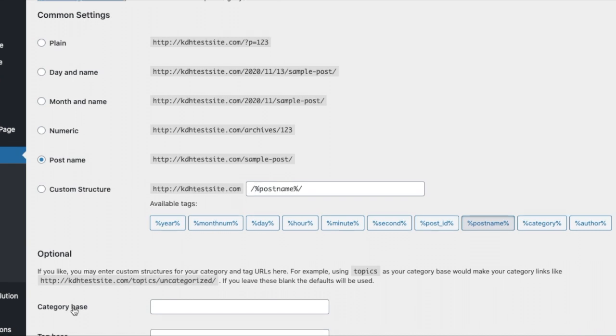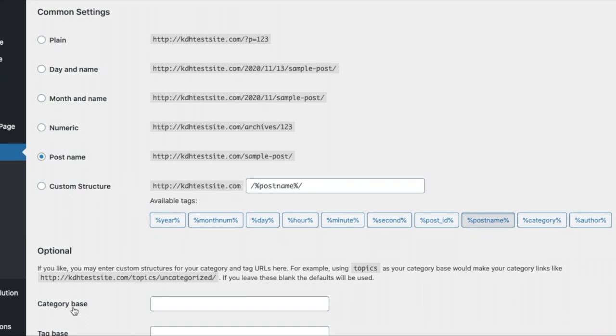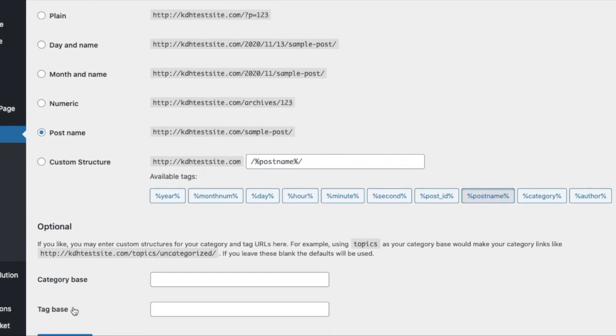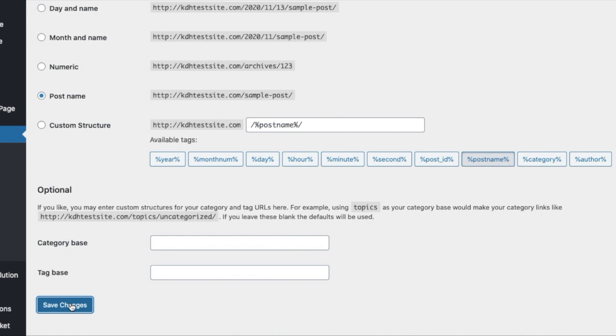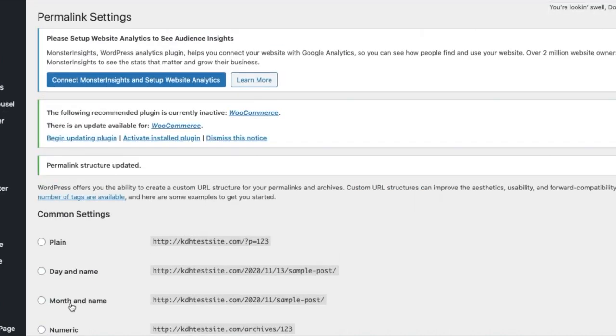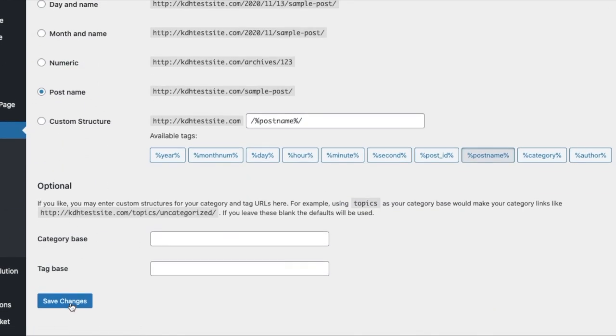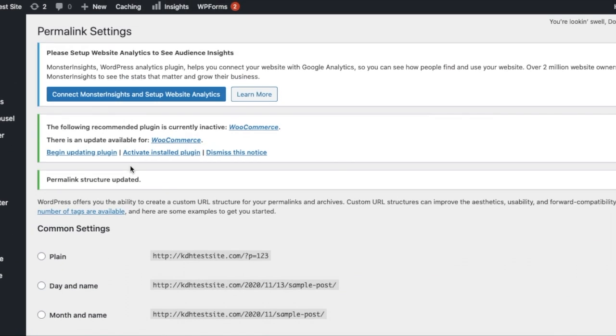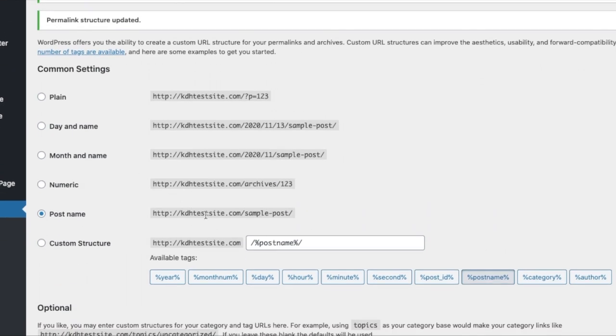and if you have a new website that you're importing into WordPress, you would have to save the changes twice. Always, for the permalinks, always save the changes twice just to make sure that it saves and you're good to go. Now you're going to have some really nice clean permalinks,